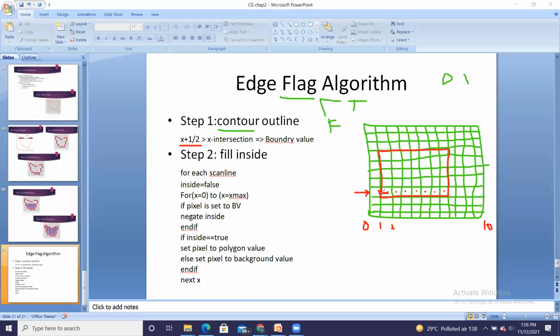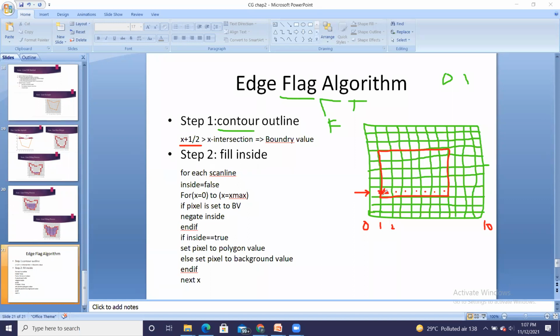We have to color these, which are lying on the right hand side with the condition that x value with half scan line is greater than x intersection. All of you are getting, this is your x intersection value and x plus half is this value. It is nothing but the center of the pixel. So all such pixels are of our interest. Out of that, I will be selecting the leftmost pixel. Means which pixel?